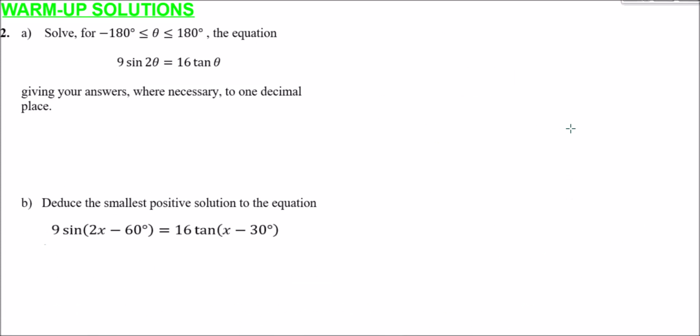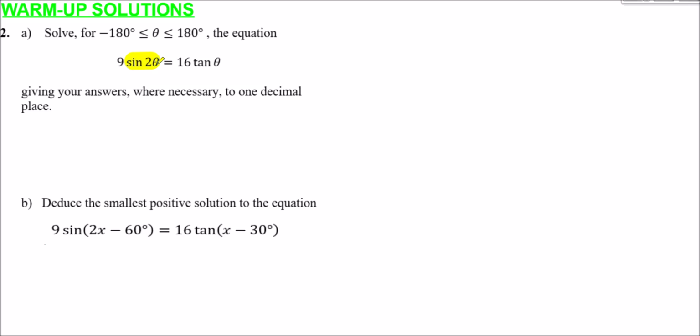Question 2, we need to solve for theta for the interval from minus 180 degrees up to positive 180, the equation 9 sine 2 theta equals 16 tan theta, giving answers where necessary to 1 decimal place. So first off, we need to spot here that we're not talking in terms of the same stuff. We've got a 2 theta here and a theta there. So what we could probably do with doing is changing sine 2 theta in terms of sines and cosines using